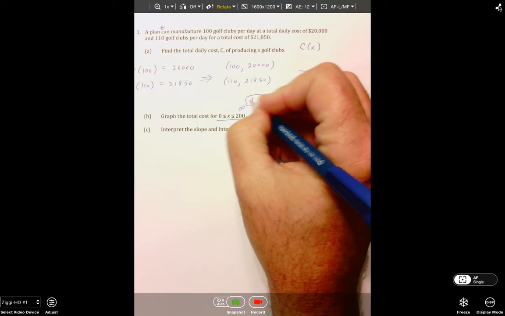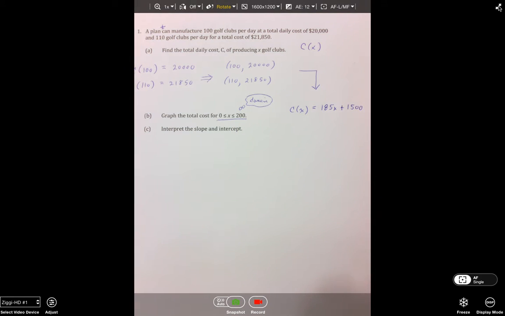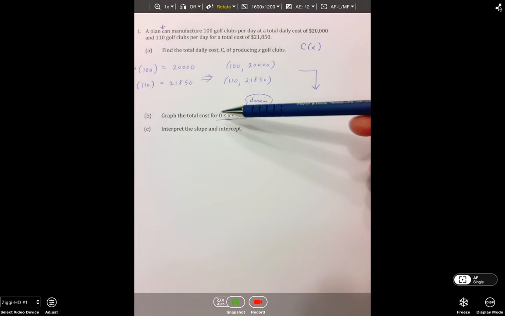And guys, domain is just a fancy way of saying what x values do you want to graph this over. What x values do you want to examine the cost for? Now, for some reason, this problem has decided they'd like to examine the cost from 0 golf clubs up to